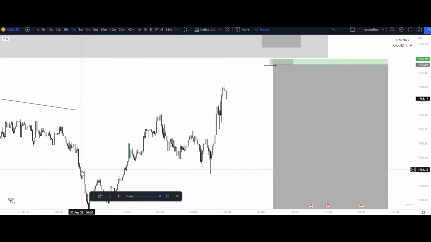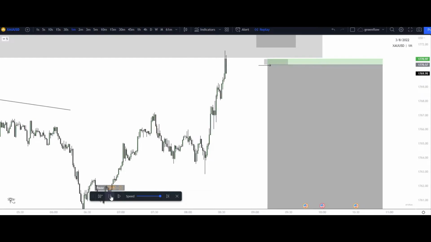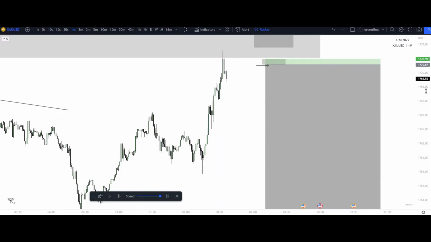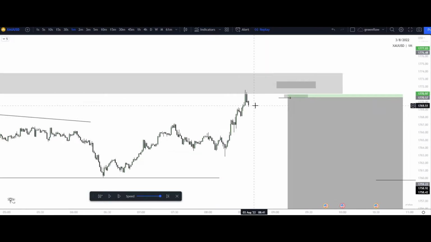So we see price break structure to the upside here, come back down, mitigate this imbalance, start to continue higher, and then this is where it starts to get unhealthy. We see price move higher, and do we see it start to create healthy higher lows within this range as we start to mitigate supply? No, we are just seeing moves up, leaving imbalances, just respecting the imbalances and continuing up, leaving lows, as we are coming into this range. So let's see what we do now.